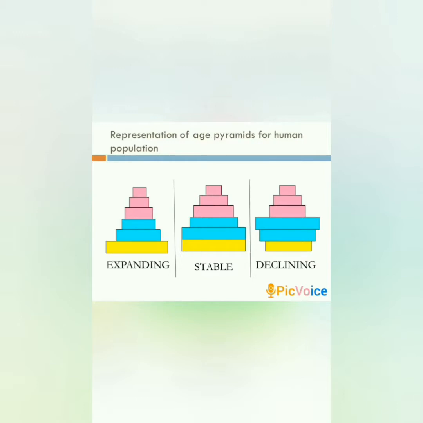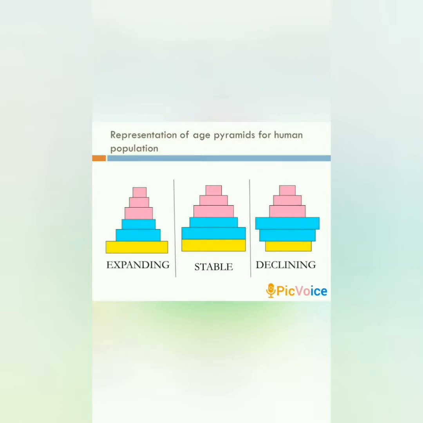There are three types of hypothetical age groups. The first one, in the figure you can see, is the expanding population. It represents a rapidly growing population with a high birth rate. This population is characterized by a high proportion of pre-reproductive age class individuals. Under these conditions, the number of individuals in the pre-reproductive age class is greater than in the reproductive age class. As a result, a pyramid-shaped age structure results.